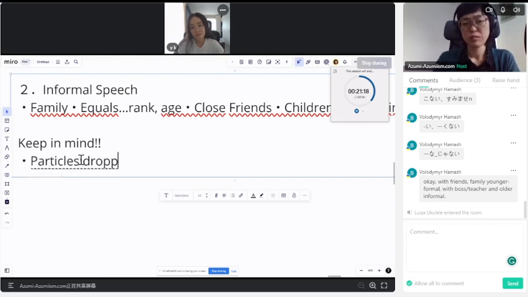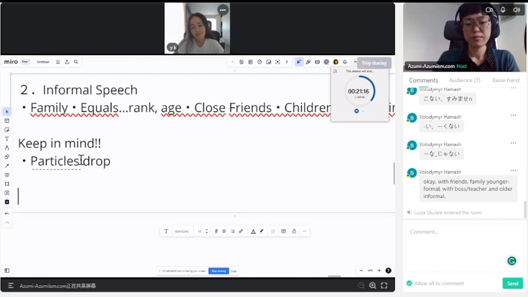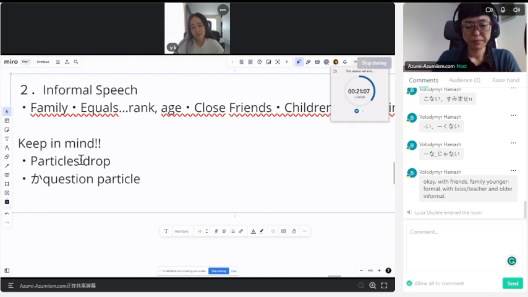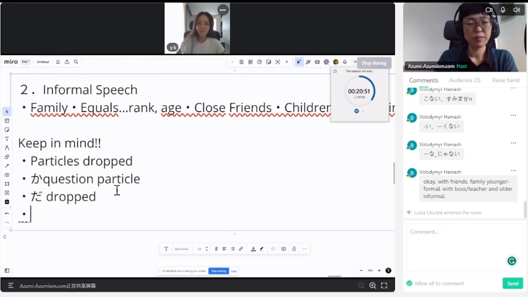The da, I mentioned this earlier, is dropped after adjectives and nouns in spoken conversation, except when you use the ending particles like yo and ne or yo ne. Then you have to have da, like kirei da yo ne. Kirei yo doesn't work. It needs to be kirei da yo. And instead of the words hai and iie, you're generally going to use things that are much more common in informal Japanese. E and e are sometimes used, but those are also kind of formal. If you don't know e, it means yes.